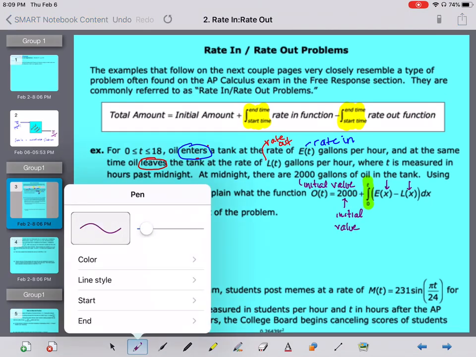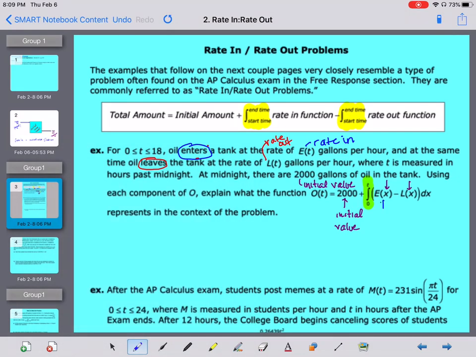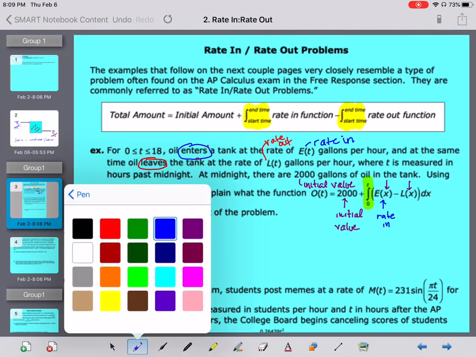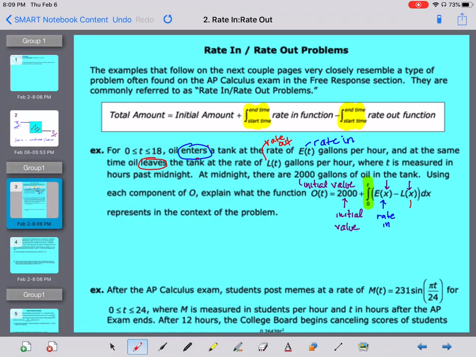Okay. Our e to the x is our rate in, and our L of x is our rate out. Okay, so we have this idea of 2,000 gallons. We're adding in a total and we're subtracting out a total of what's coming out. So overall, O of t,